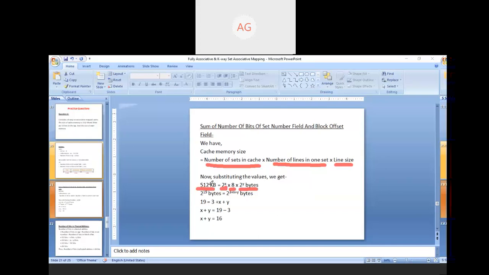So 512 KB can be converted into bytes. It comes out to be 2 to the power 19 bytes, as 1 KB is equal to 2 to the power 10 bytes, and 512 is equal to 2 to the power 9. So we need to add these,